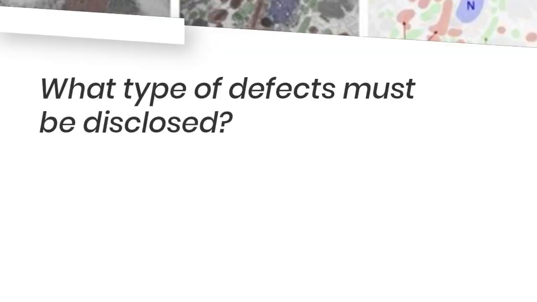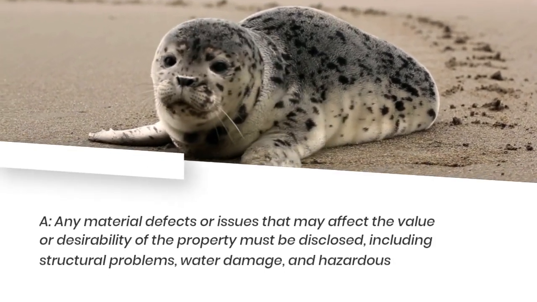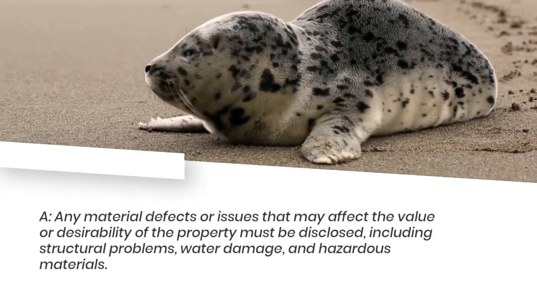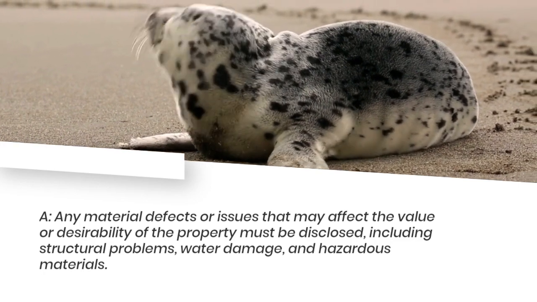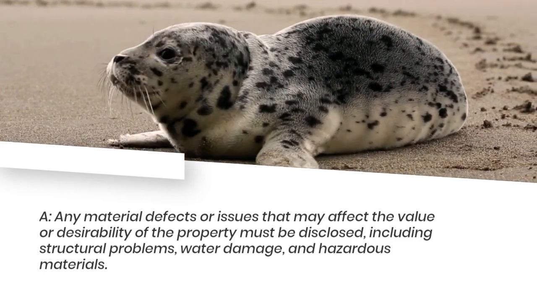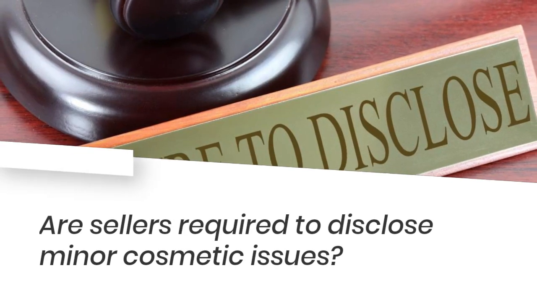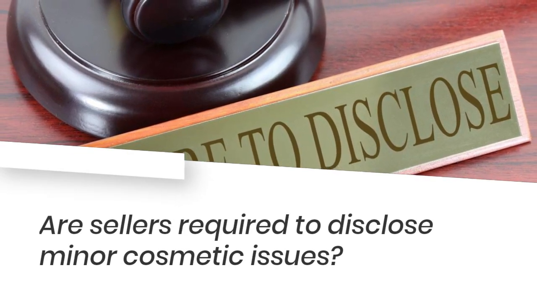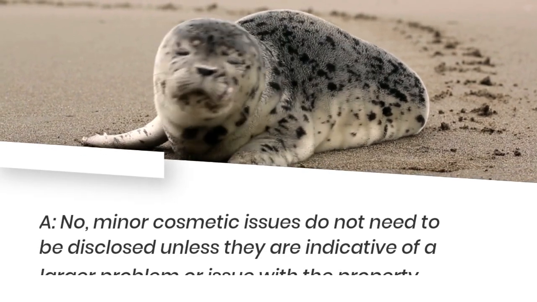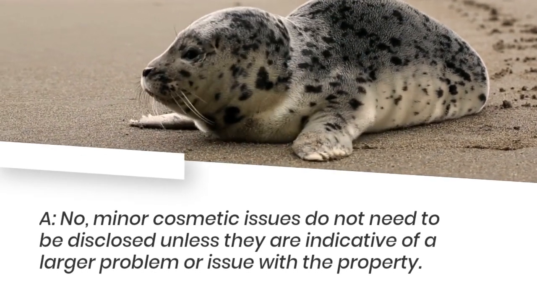What type of defects must be disclosed? A. Any material defects or issues that may affect the value or desirability of the property must be disclosed, including structural problems, water damage, and hazardous materials. Are sellers required to disclose minor cosmetic issues? A. No, minor cosmetic issues do not need to be disclosed unless they are indicative of a larger problem or